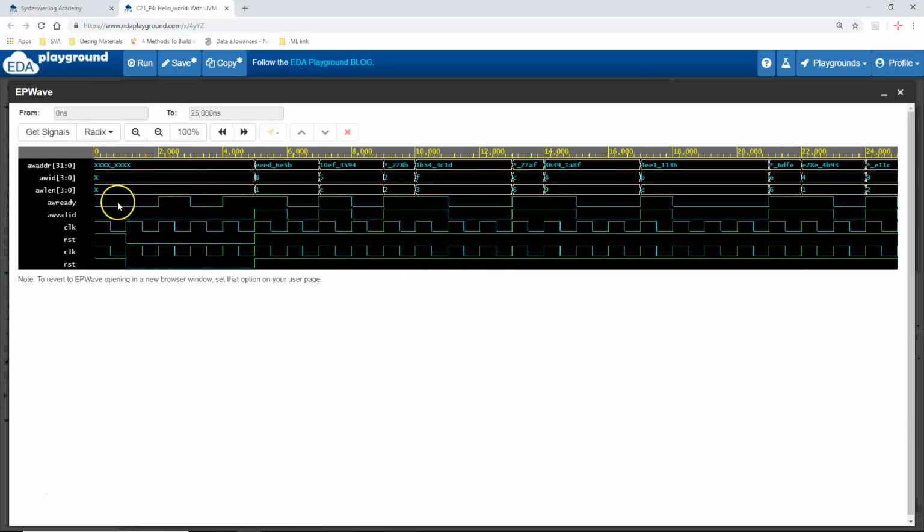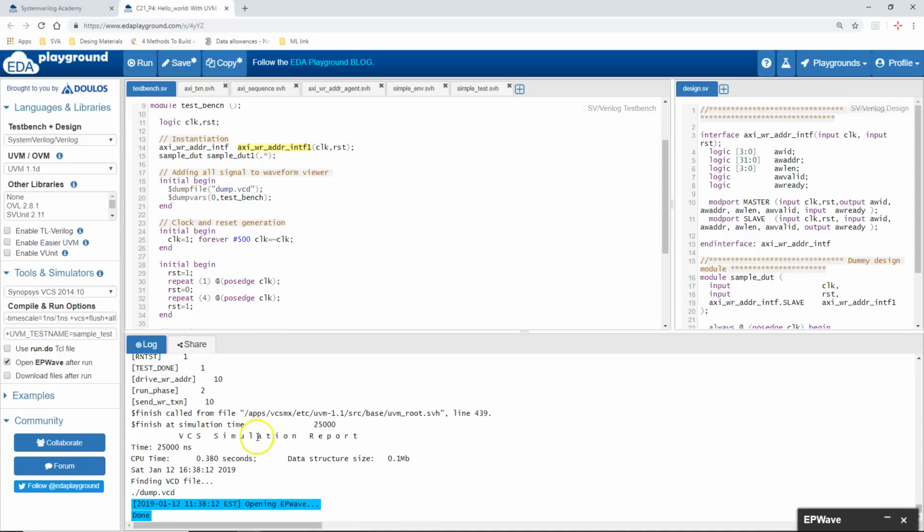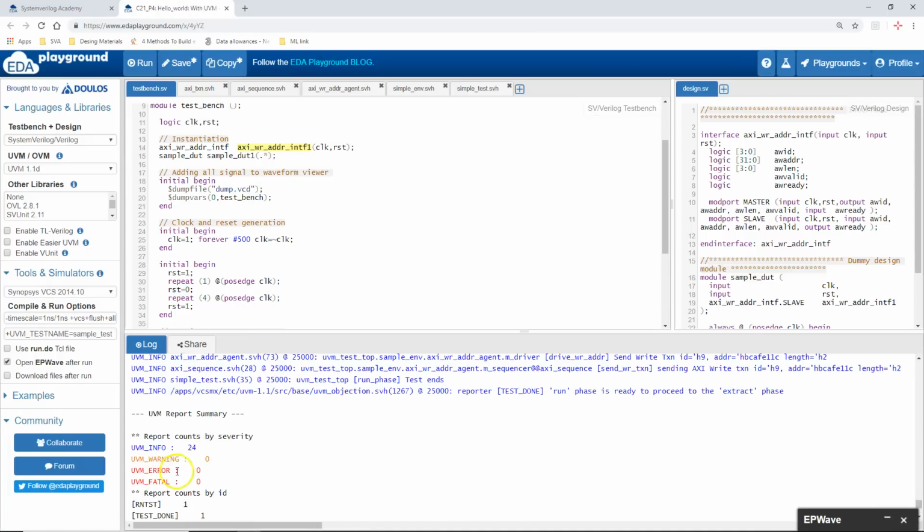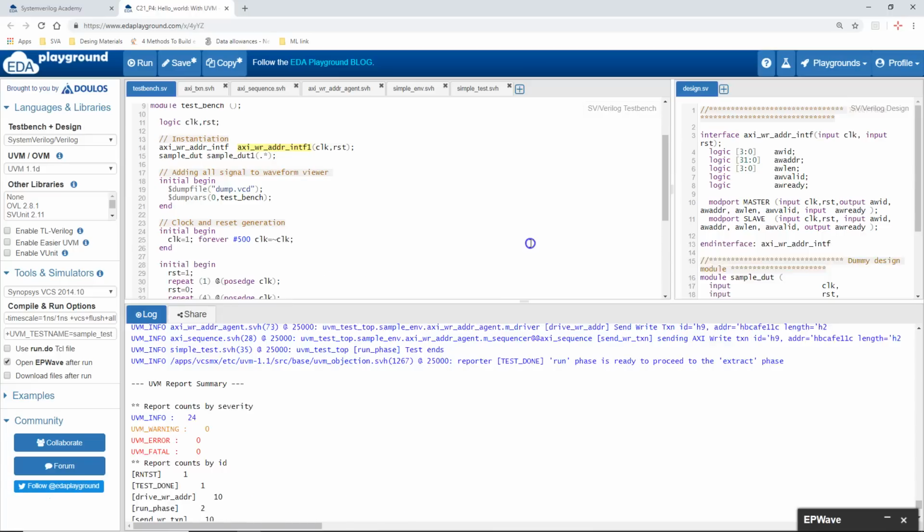You can see that the interface is getting some random data values. And if you look back into the simulation waves, it will print the UVM information.